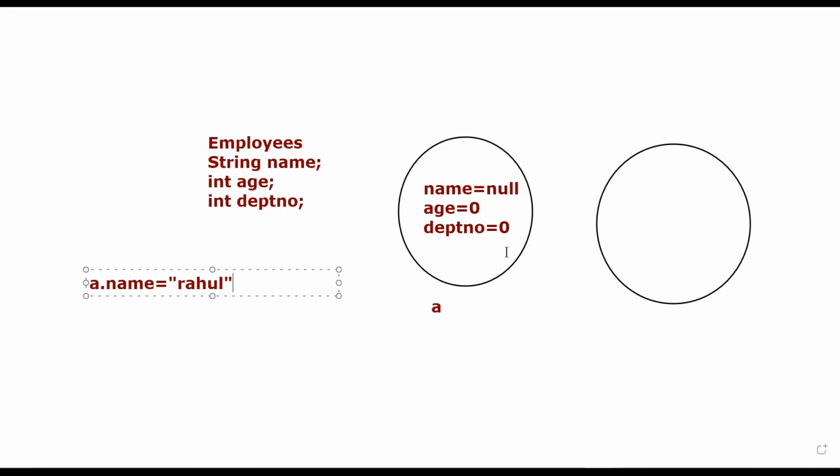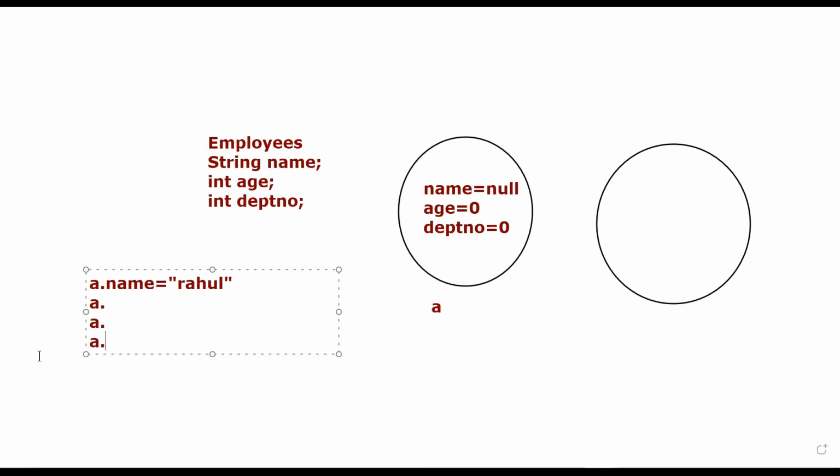Let's say guys, if there are thousands of variables, right? I have to write this line 1,000 times. A dot, A dot, A dot, and so on, right? Many times I have to write. And same for the second object. If there is a second object, then again I have to write B dot name, B dot age, B dot department number. The lines of code will exceed. So I will have lots of lines in my code.